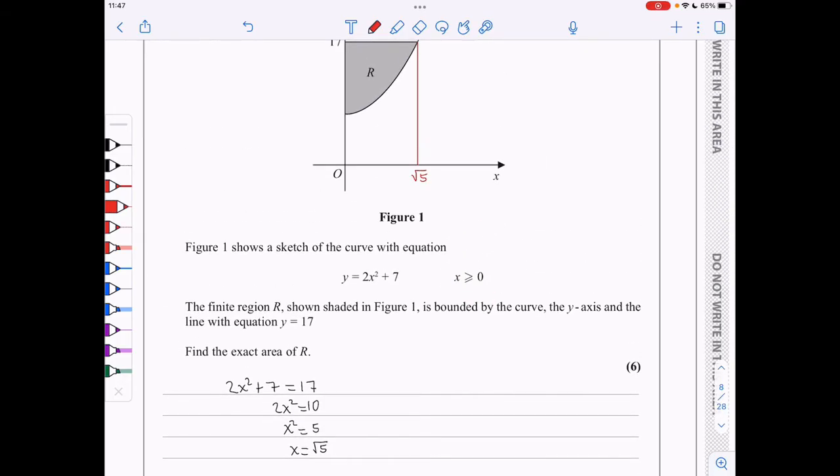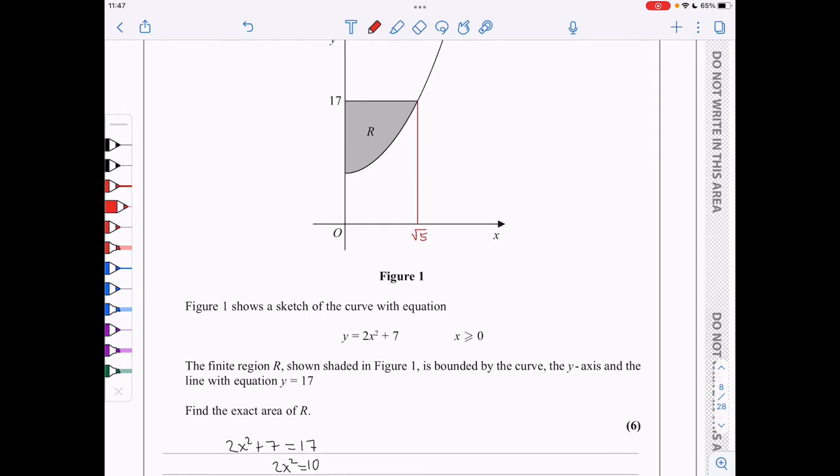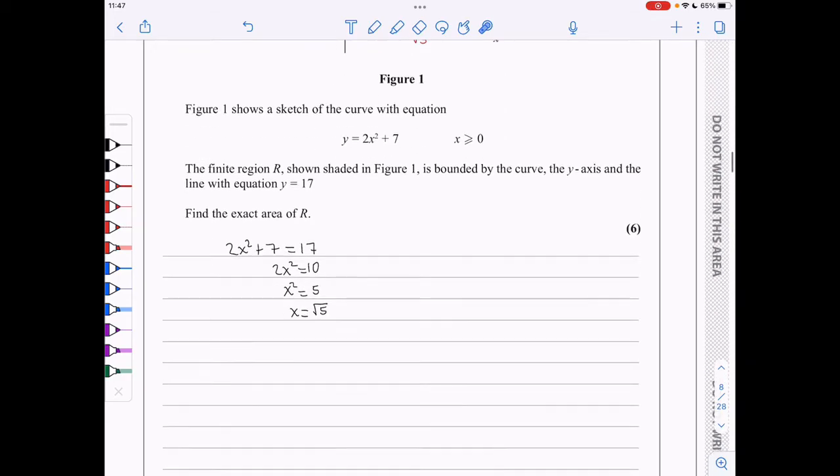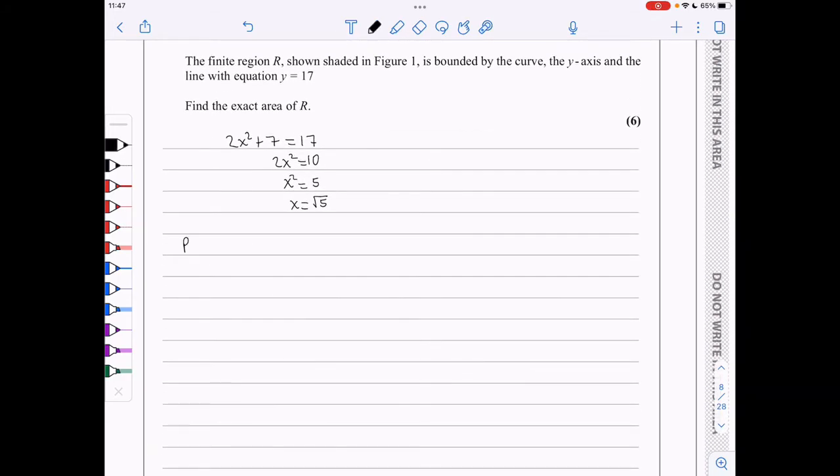Now, in order to calculate the area of R, the idea is to find the area of the rectangle and then deduct the area under the curve, and what I'm left with is obviously the region R. So R will be given by 17 times root 5, which is the base times the height of this rectangle, take away the integral from 0 to root 5 of 2x squared plus 7 with respect to x, which is